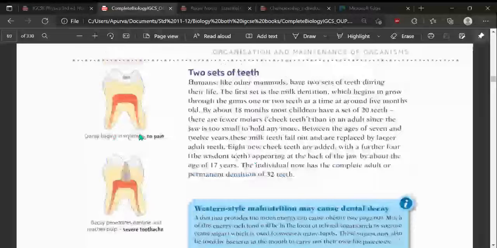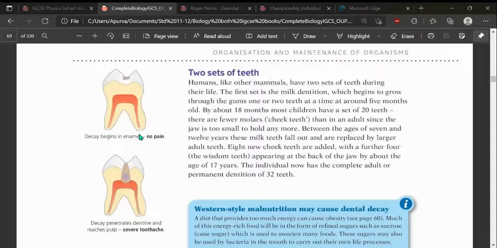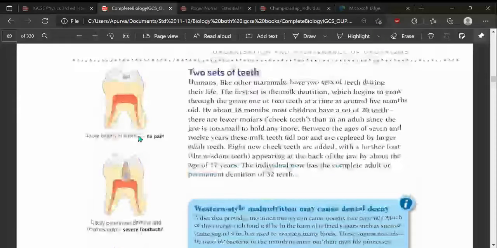Now here is the thing of cavities. Here they are explaining the teeth thing. 18 months, 1.5 years. So here,